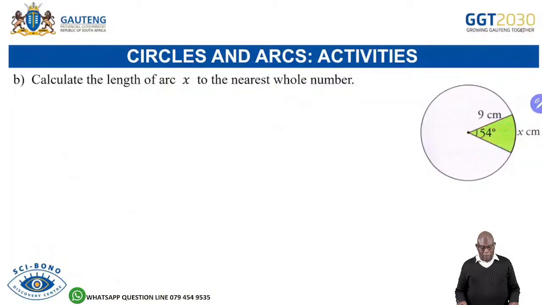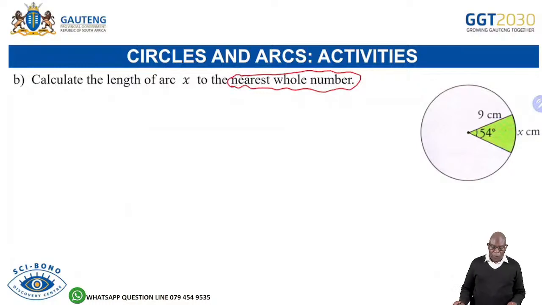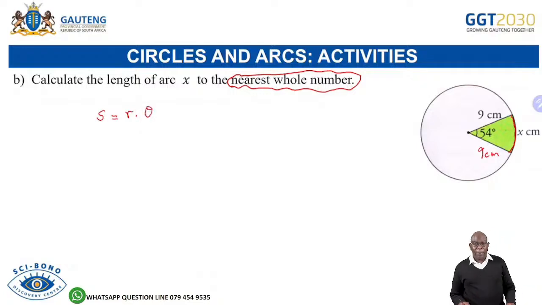In the next question, it says calculate the length of arc x to the nearest whole number. Very, very important that you also read the question and understand that, to the nearest whole number. So what do I need here? I need the length of this line. I already know that this one is 9 centimeters. Then you go to your formula sheet. In the formula sheet, the formula will be there. We need the arc length. So arc length is denoted by small letter s, r multiplied by theta. But remember, the theta